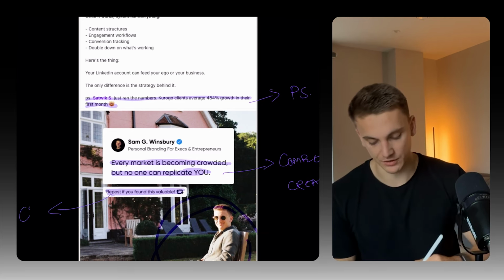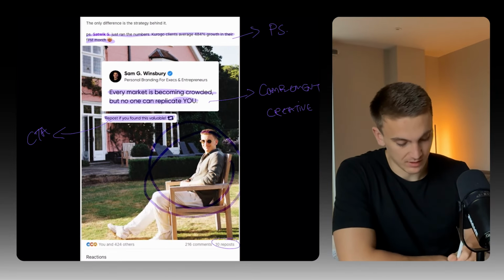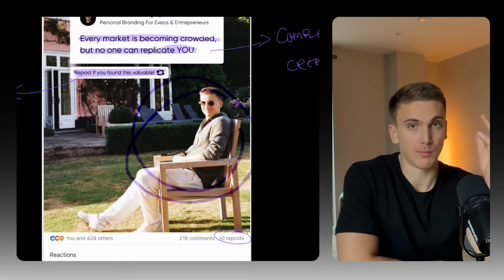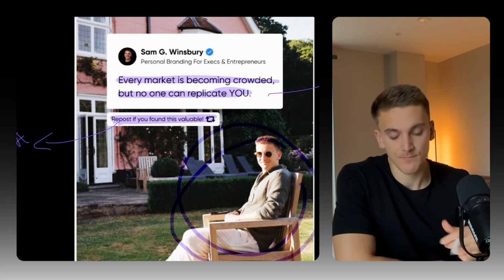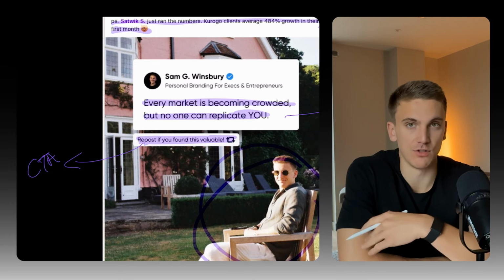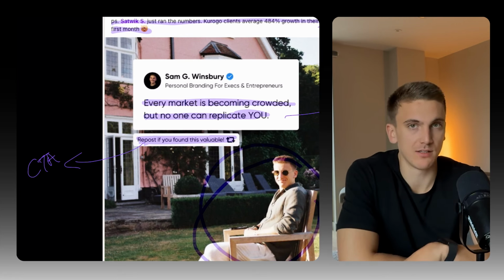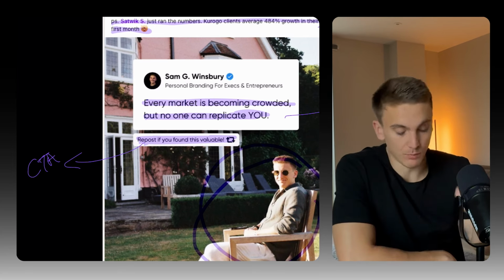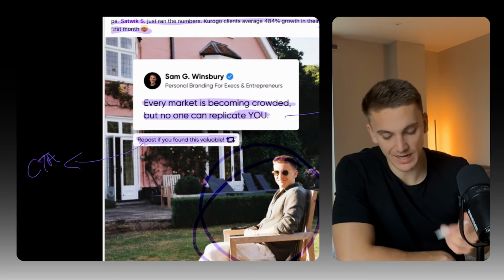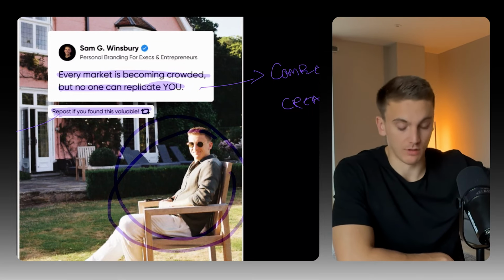I've also used a call to action here. So call to action, really, really important for getting people to actually take the action you want. So I want people to repost, and you can see 10 people have reposted here, which again is not enormous, but it's 10 more people reposting this than I probably would have had if I didn't tell people to repost it. Simply by reminding people or telling them what you want them to do, they're far more likely to actually do it than if you just expect them to without asking. Simply making the ask, even if you don't give a reason, will increase the number of people that actually do it. So if you want more reposts, tell people to repost it. It's really that simple. If you want more likes or more comments, tell people to do that. So simply adding in a really simple call to action into creative here has got me 10 reposts, which has put my content in front of lots more people.